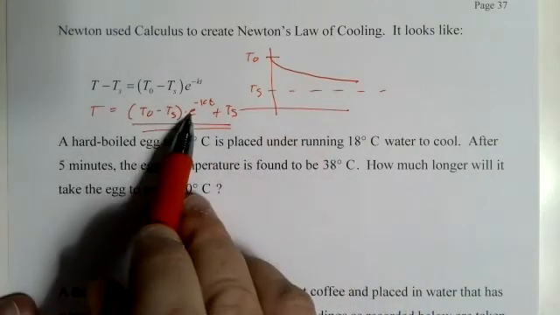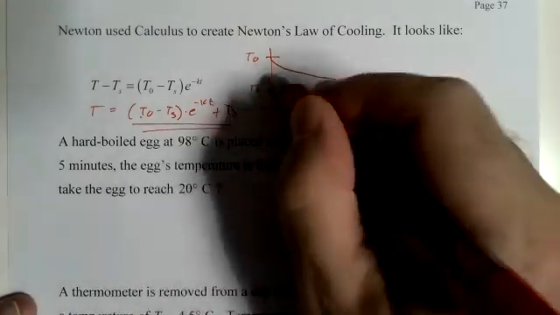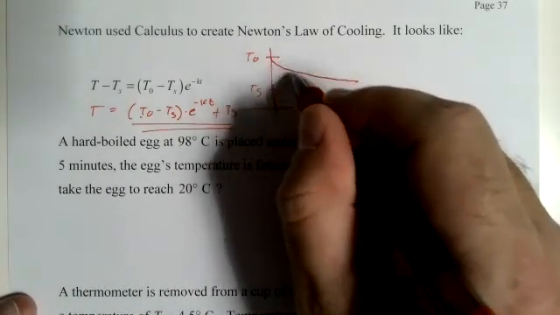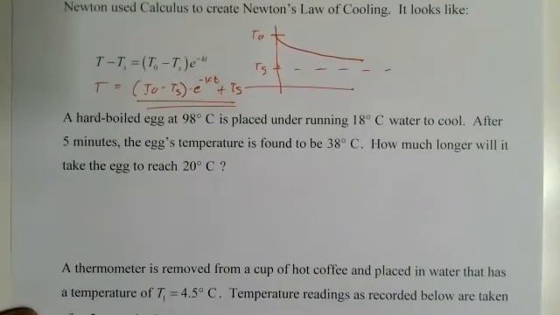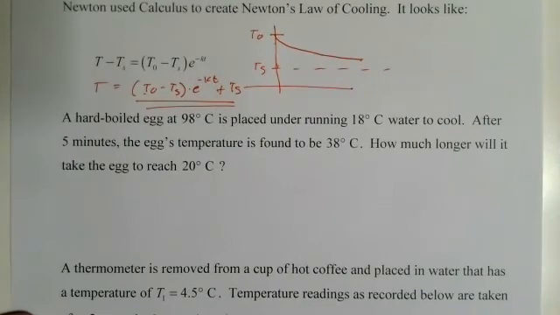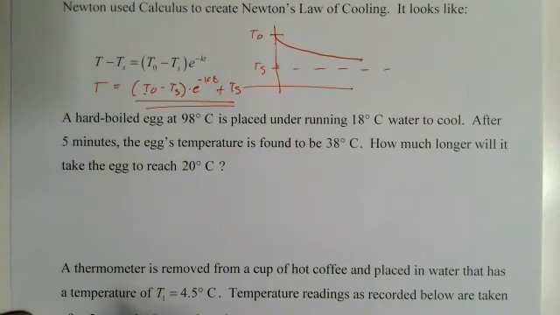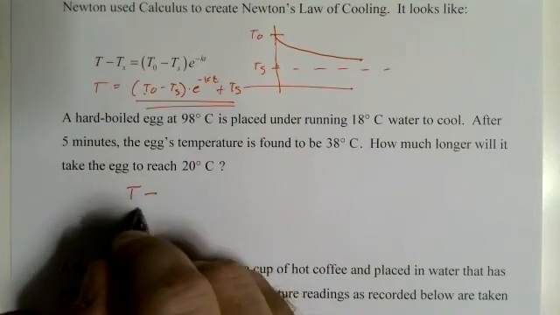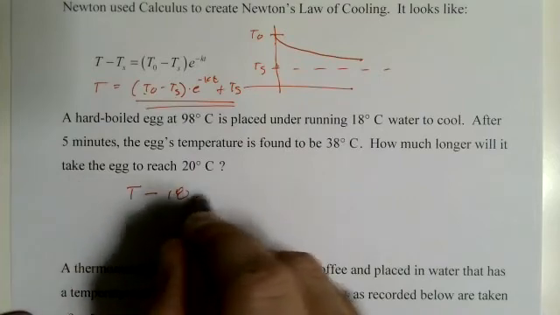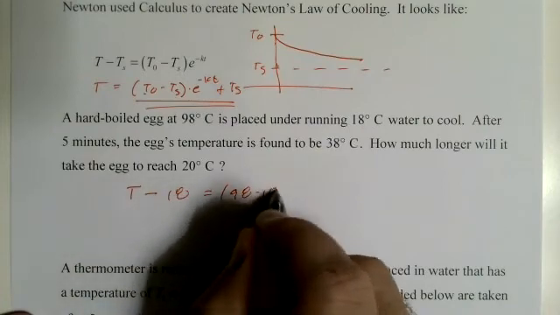In other words, it's a logarithmic curve, starting up here, the amount between the two. So say there is a 20 gap between them, and then it runs down from 20. That's it. So you just blast this out. I'm not going to take this too seriously, because when I see this on an AP test, it's usually done where you have to separate the variables and run with it. T minus the surrounding temperature, 18 degrees, equals the original temperature 98 minus 18 times